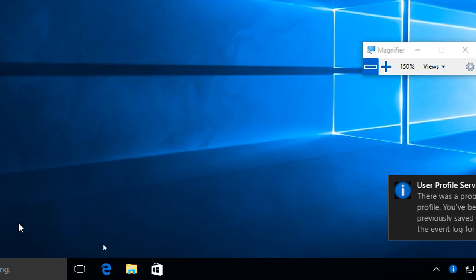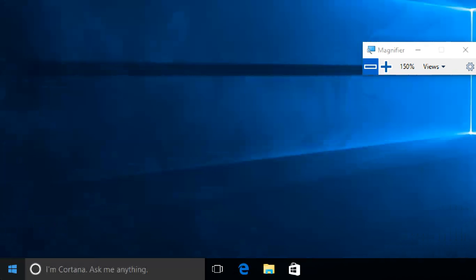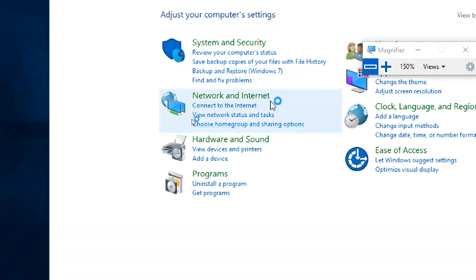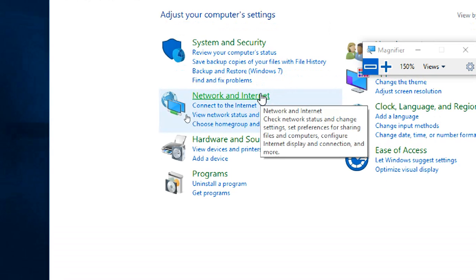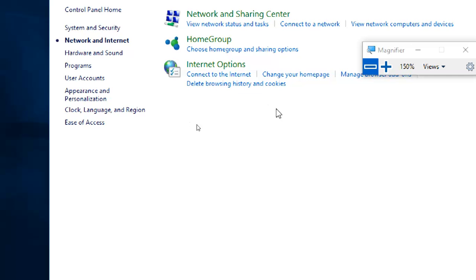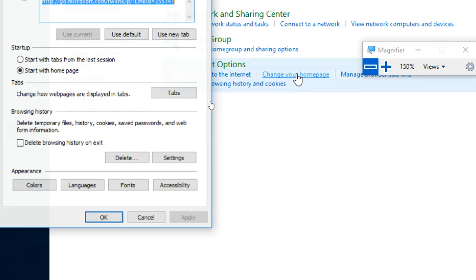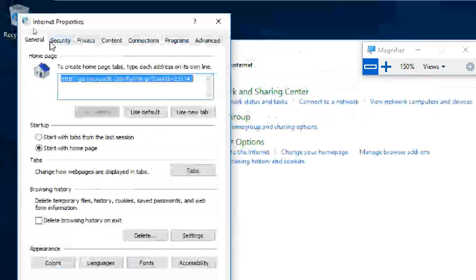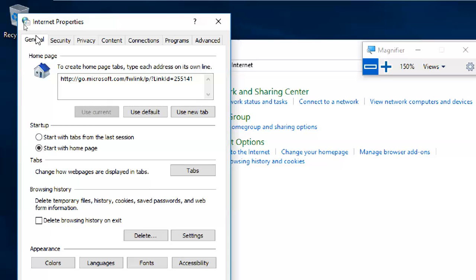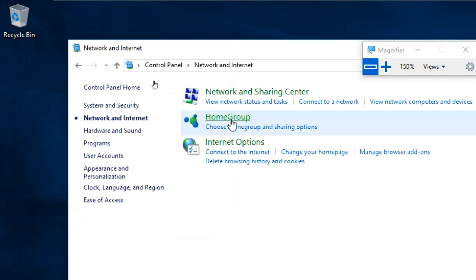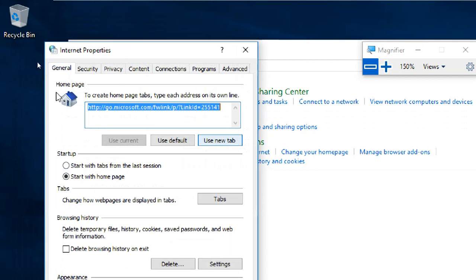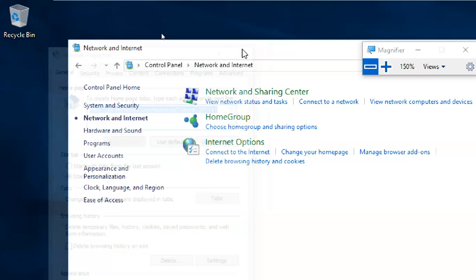Okay, user is logged in. Go to control panel, network and internet, change your home page. Oh, it is open, and the general tab is also there, or maybe you can click here, general tab is there.